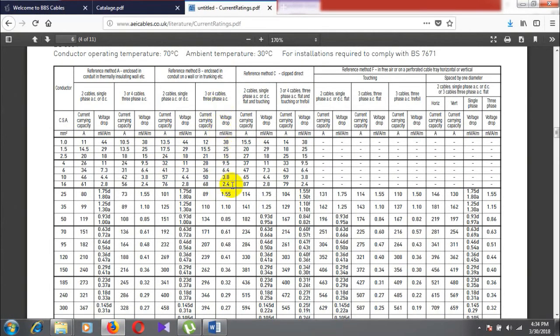This is the associated voltage drop in our current rating. Since now we select 6 mm square cable, we need the associated voltage drop in this cable. So for 6 mm square cable, the associated voltage drop is